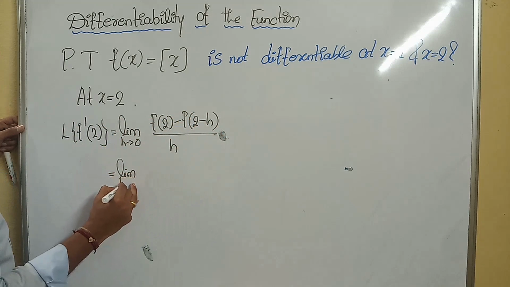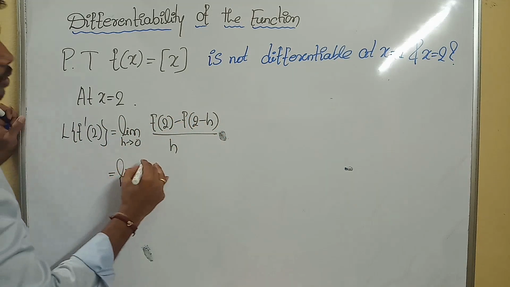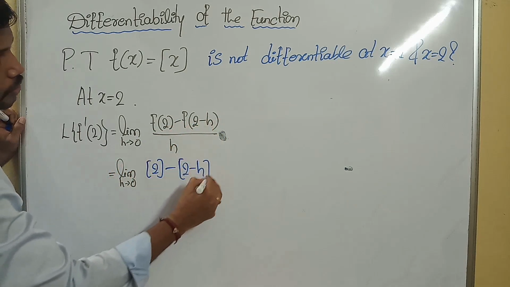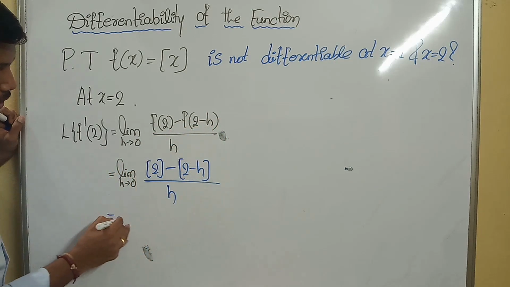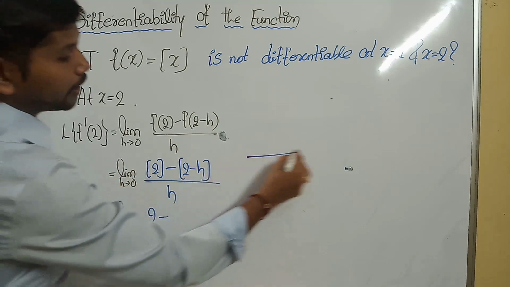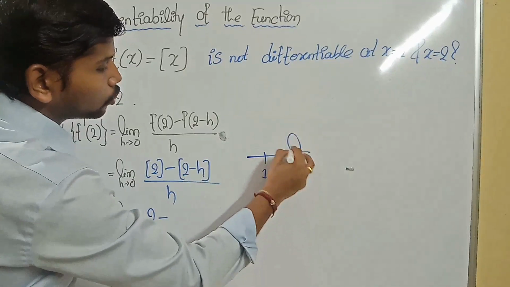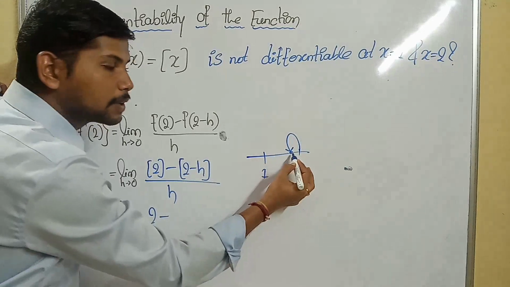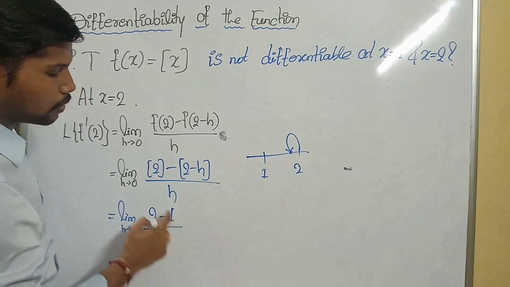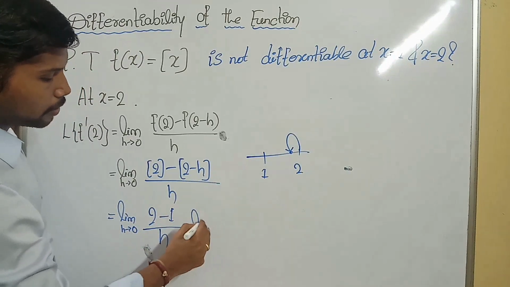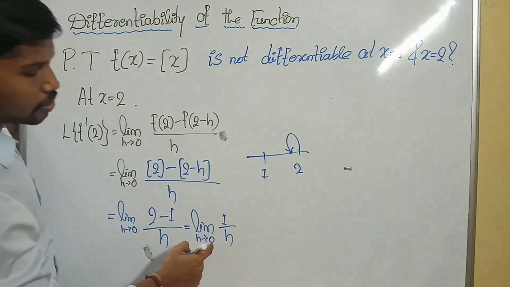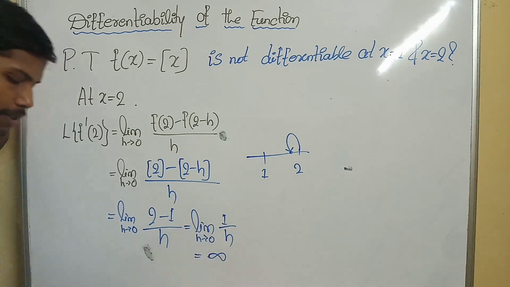Okay, now limit as h tends to 0. What is f of 2? It is the greatest integer function for 2. What is 2 minus h? It will be the greatest integer function of 2 minus h, divided by h. Now limit as h tends to 0. What is 2? It will be 2. 2 minus h, observe it is 1, it is 2, so 2 minus h will be left of this particular point. Is 2 minus h an integer? No. The integer to its left is 1. That's why we wrote here 1 divided by h. Now limit as h tends to 0: 2 minus 1 is 1 by h. h is equal to 0, so 1 by 0 will be indeterminate.